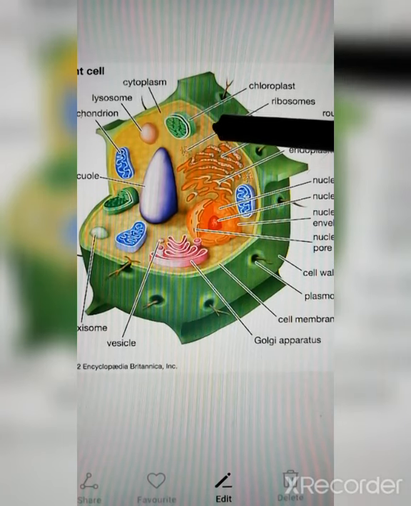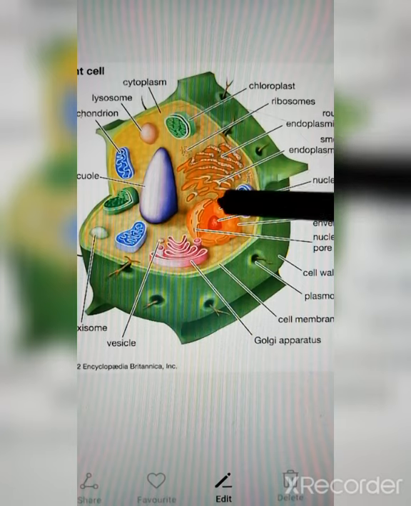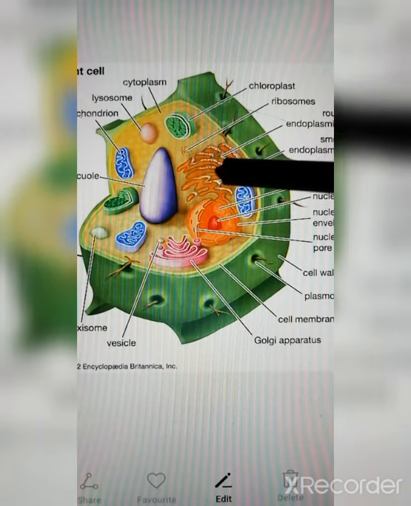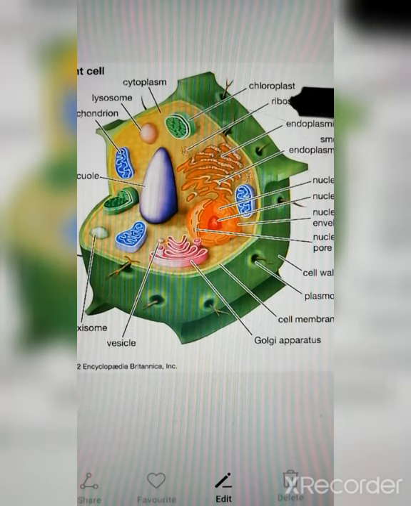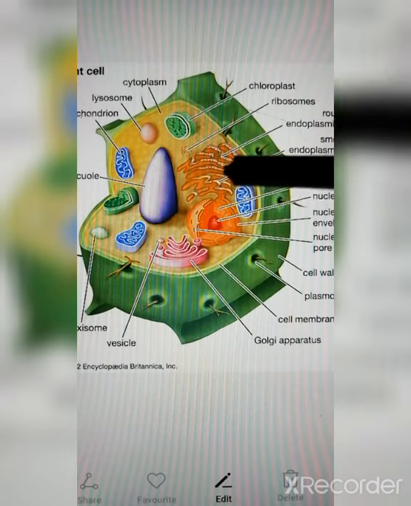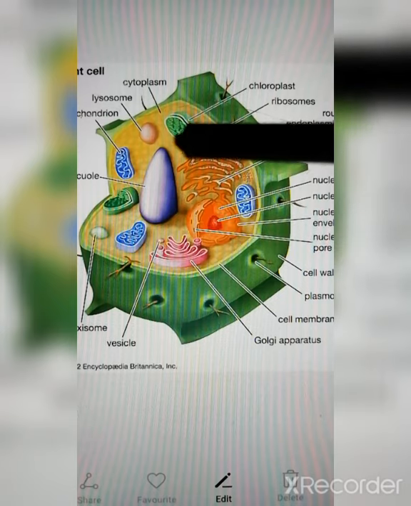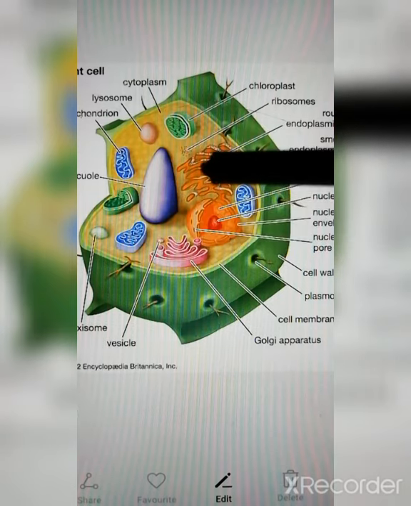So I will sum up as a whole. The endoplasmic reticulum has the ribosomes. Ribosomes are granules on the endoplasmic reticulum which manufacture the proteins and lipids, and the endoplasmic reticulum transports different kinds of substances, as well as these proteins and lipids, to different organelles within the cell.